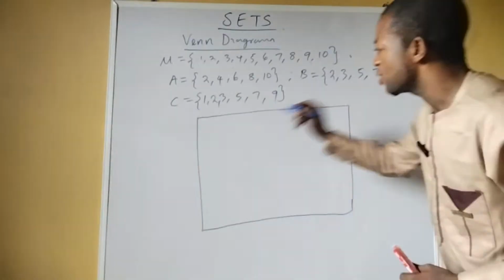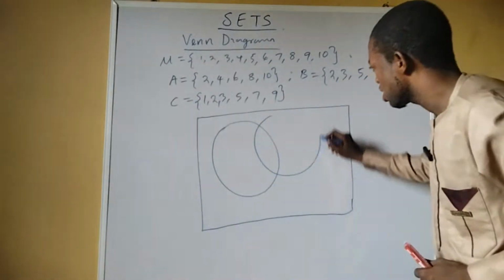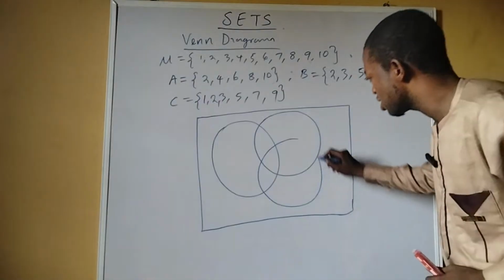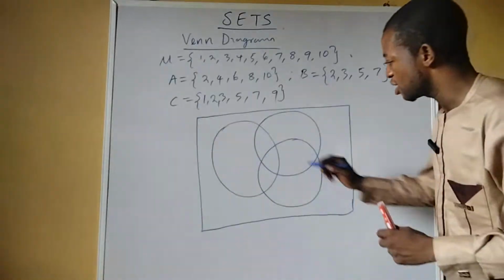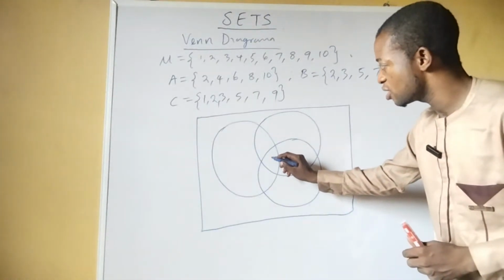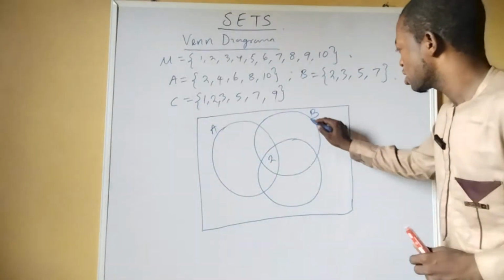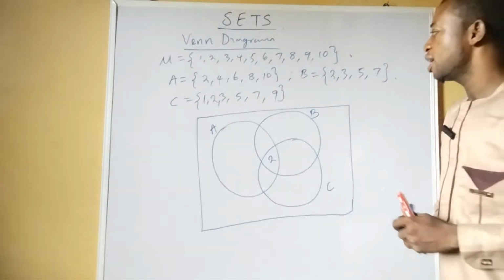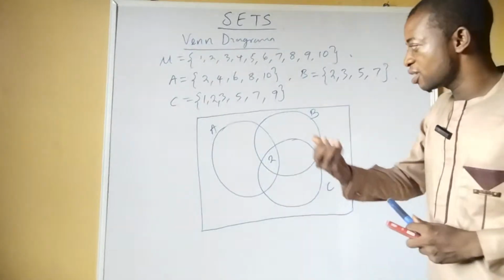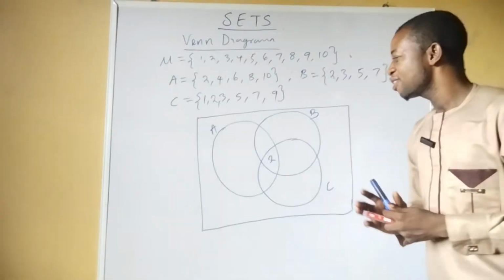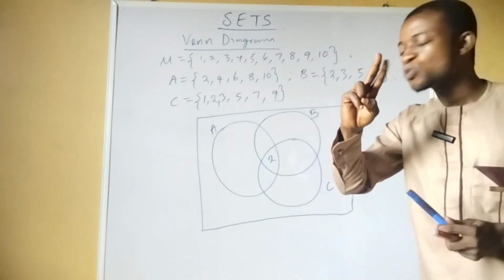All right. Now let's draw sets A, B, and C. They have something common to all the three sets, and that is where everything intersects here, which is 2. Then I label this as A, this as B, and this as C. And now let's take it one after the other, because now we have 3 circles, right? So you have to be careful when solving it. You have to take care of the space that has 2